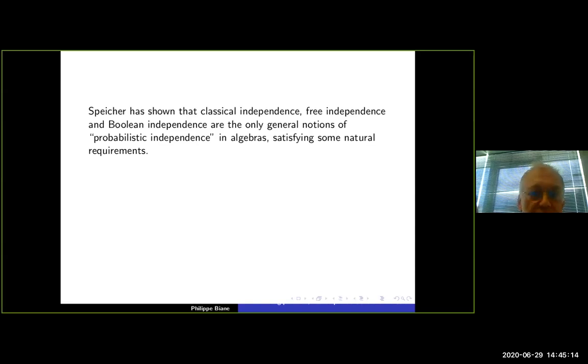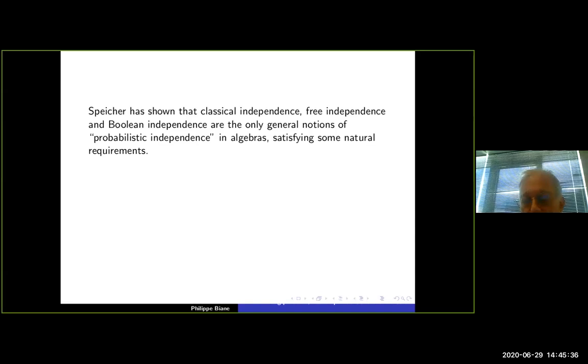Well, of course, you could loosen the hypothesis, and there are some others like monotone independence which you can get. But essentially, if you put in an axiomatic framework, Speicher has shown that you have only three possible